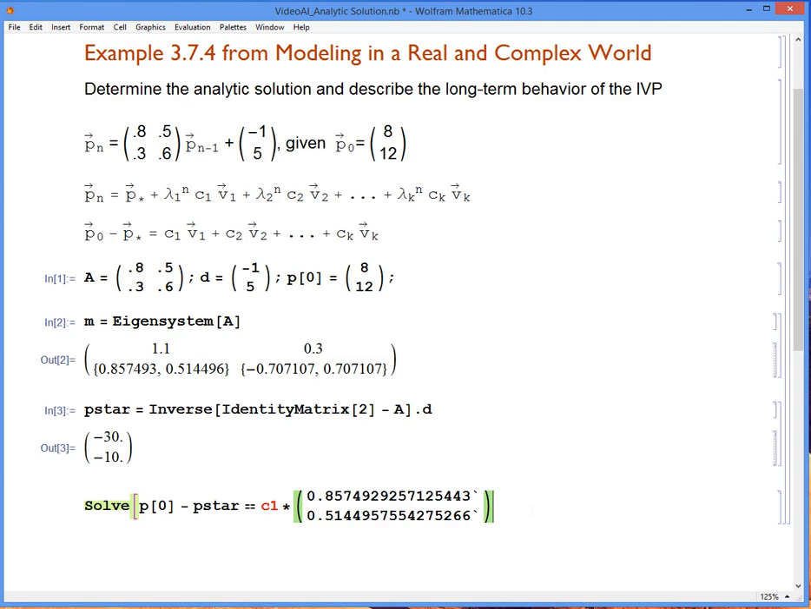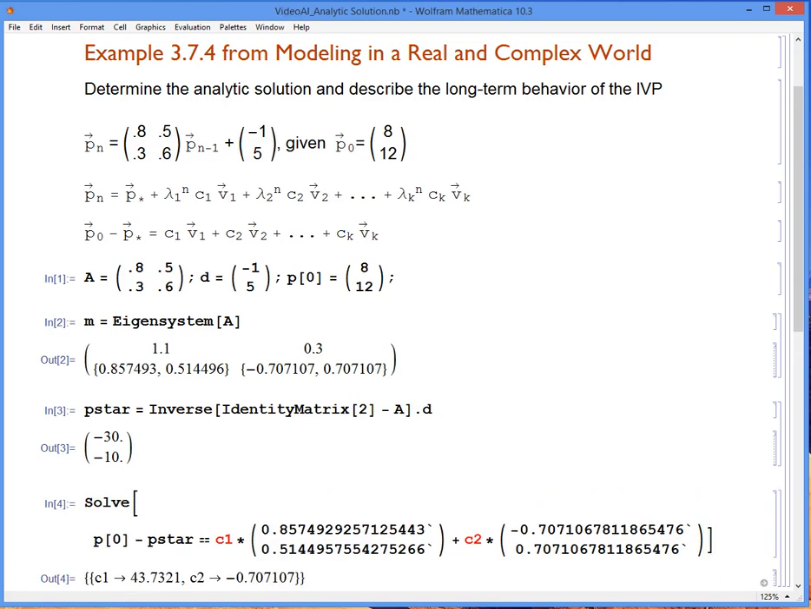Right, so there's V1 plus C2 times V2. When we multiply a constant times a vector, we're doing scalar multiplication, so that's why we're using this asterisk symbol and not a dot, right? So go ahead and put in here this V2 value and the second term. All right, and so that's it, right? So P naught minus P star is equal to C1 times V1 plus C2 times V2. And so I can just close off the square bracket and hit Shift Enter to evaluate it, and it's solved